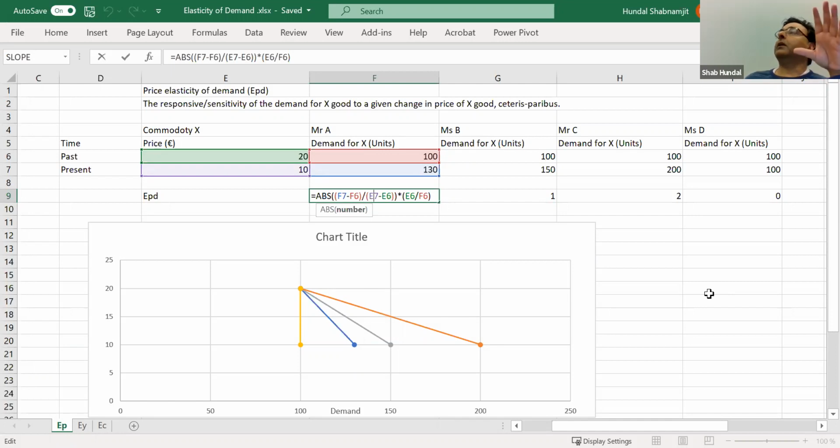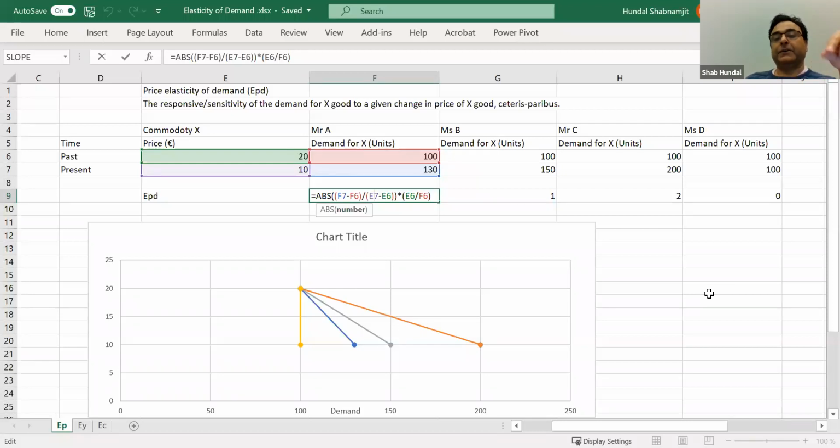So the formula, if you remember, we studied last week, was proportionate change in demand due to proportionate change in the price. How we measure it: this is the change in the demand divided by the change in the price over 2 periods, and then everything gets multiplied by the starting value of price and starting value of demand. Of course, we divide them. So this is how the formula works.